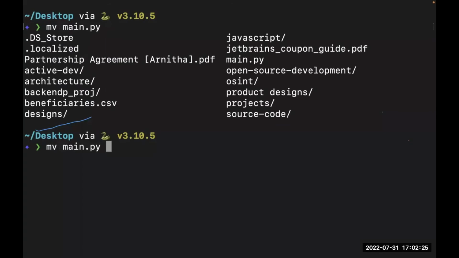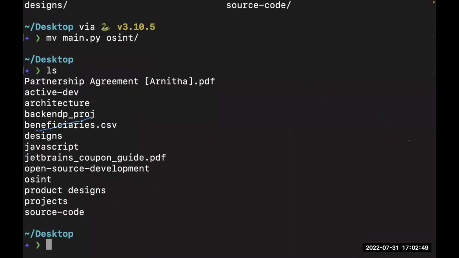I have to press the tab key twice to give me a list of all the folders and files I have on the desktop. I'm going to move this into the OSINT, Open Source Intelligence folder, which is the OSINT folder you see right here. So I'm going to say OSINT and hit enter. Now we are still on the desktop. Let's do our ls.